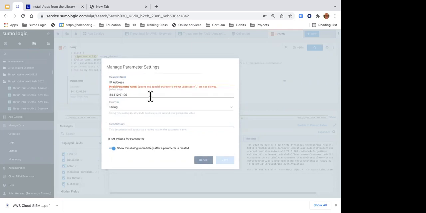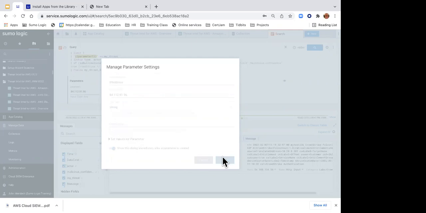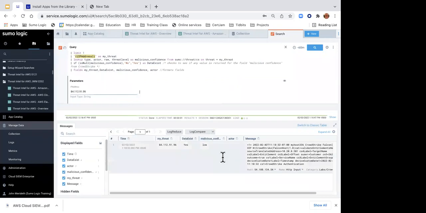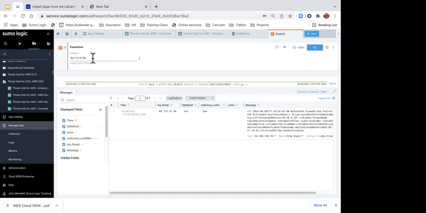And it doesn't like the fact that I put a space in there. So let's take the space out. You can put an underscore in there if you want. But now I have created a parameter and I can actually hide this. And I can ask my users to type in various IP addresses and we can find out the status of those IP addresses if we wanted to.